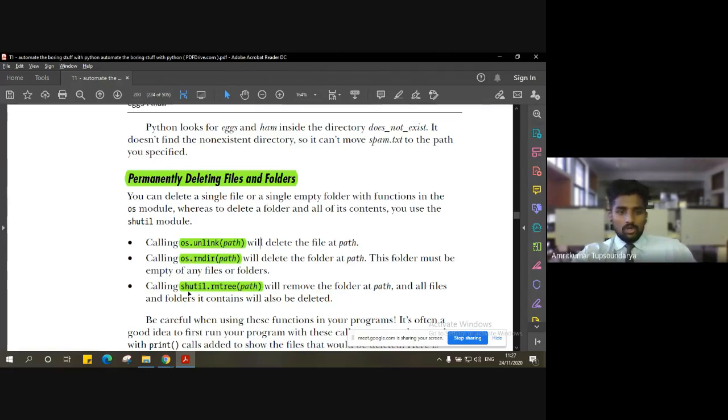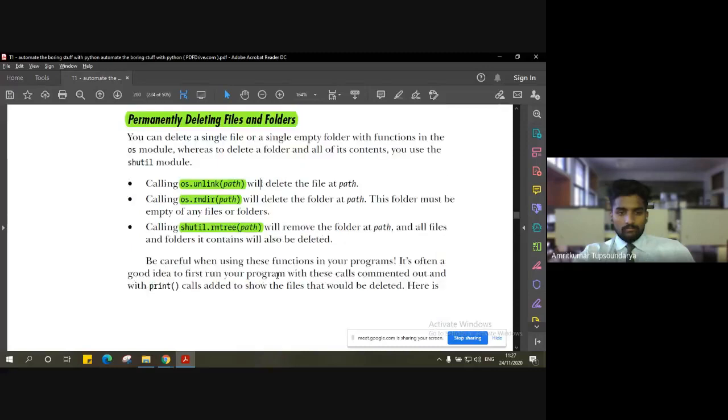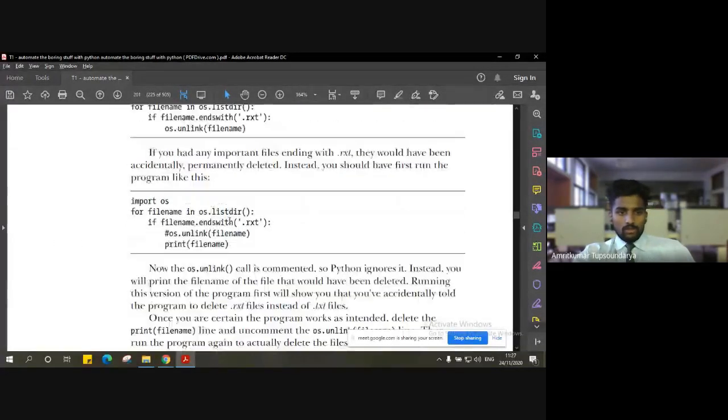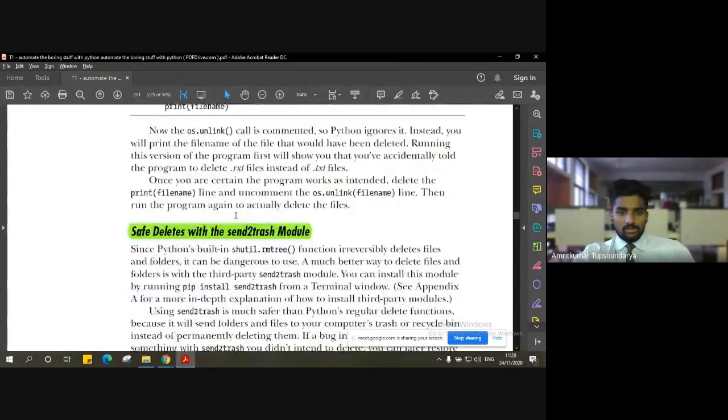The command to do that is shutil.rmtree, that is remove tree, followed by the path. This will again help you remove the folder at that particular path. So you can try and implement these commands.